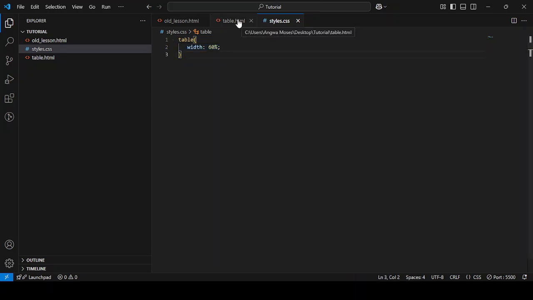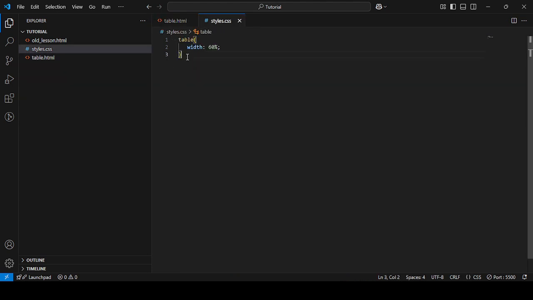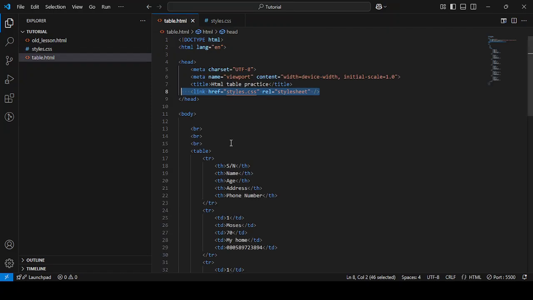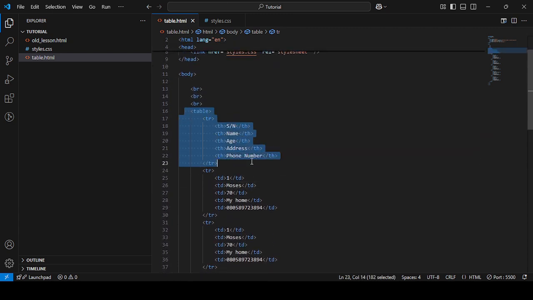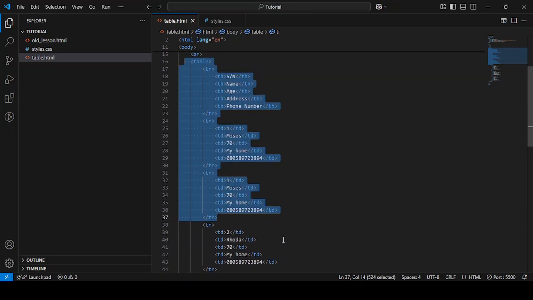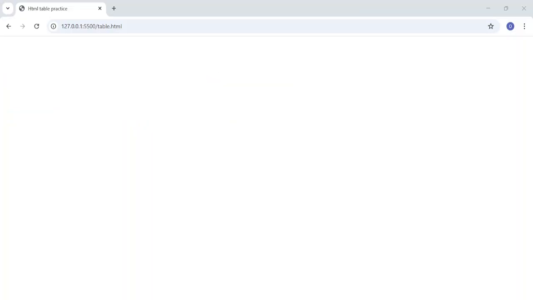And since we have already called our CSS file here, it will automatically look for this element which is called table and impute whatever properties of CSS that we are using to display how the table renders on our HTML page. So if you go back to the browser and refresh, you will see that